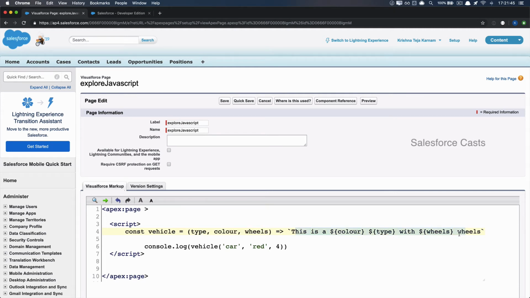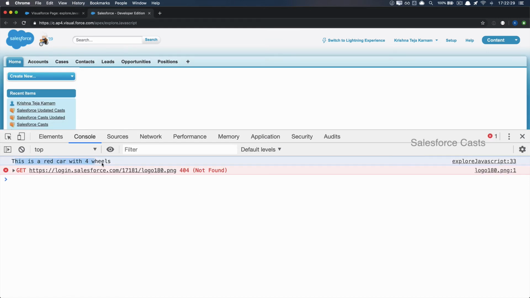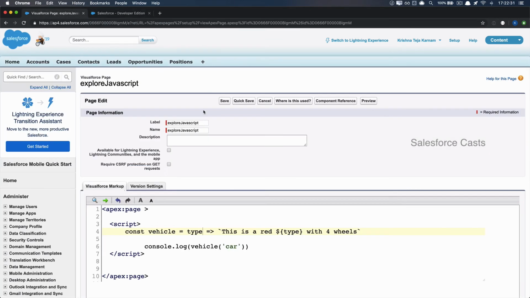This is how arrow functions are going to accept the parameters. And in case we are trying to send only one argument, let us say car in this case, the arrow function is going to look like this. In case our function is like this, then as long as there is only one parameter, we can even get rid of these parentheses like this. Let me give it a save. Try to refresh it. There you go. It logs the message. So the gist is, if you have one parameter, then you can get rid of the parentheses also.